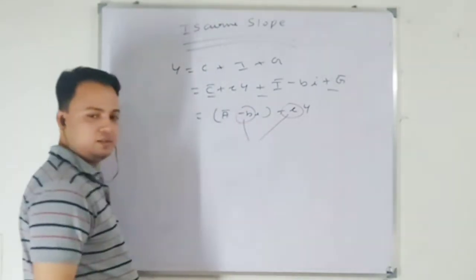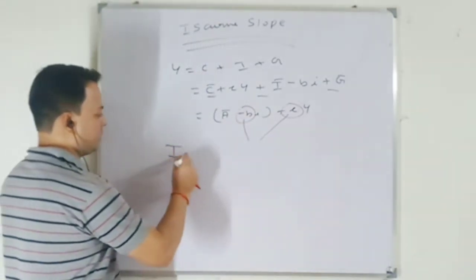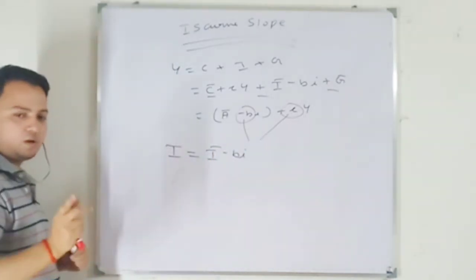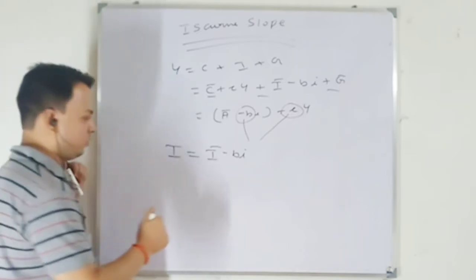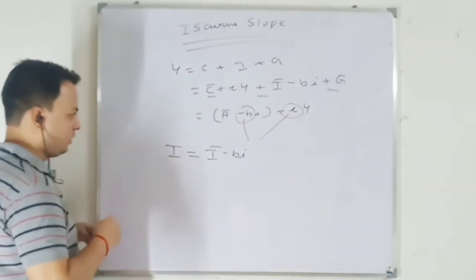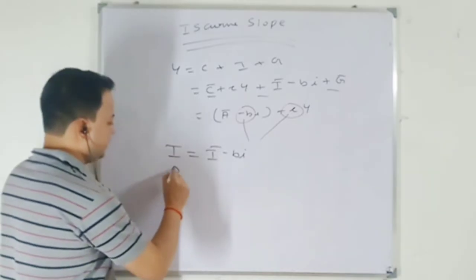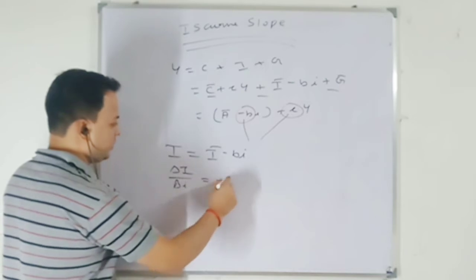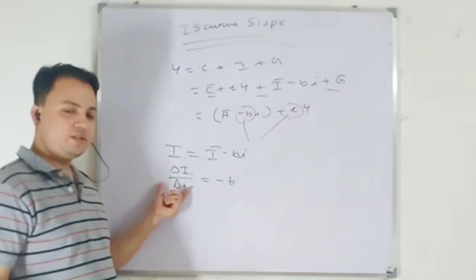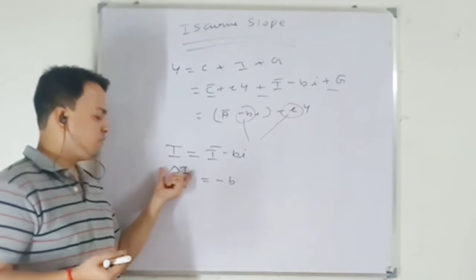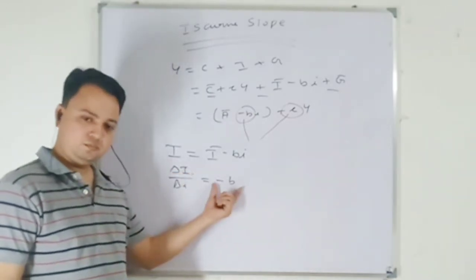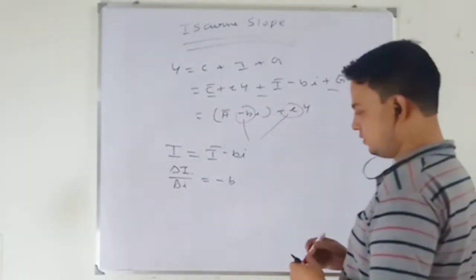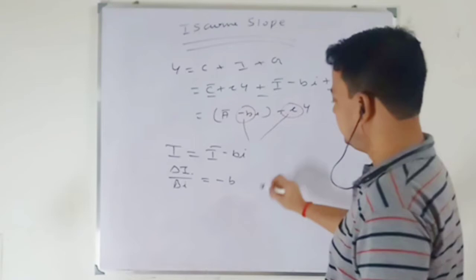What is b? Again, remember the equation I bar minus b I. Remember the 3 hour and 2 hour technical sessions that I have done; I have already discussed this, and after that we also did the slope and intercept terms. The change in investment due to a change in rate of interest, change in I over change in rate of interest, is minus b. If the rate of interest increases by 1%, investment falls by this much. So let's look at that part. I will discuss it; you already know I have shown you that graph already.